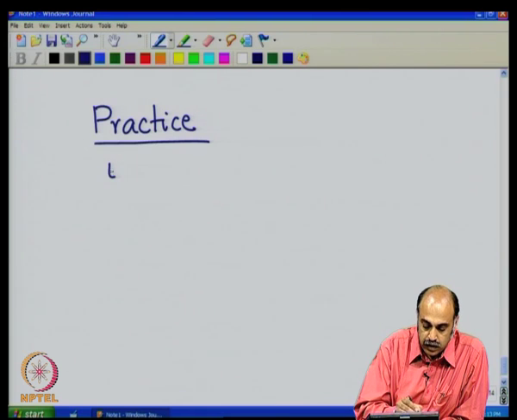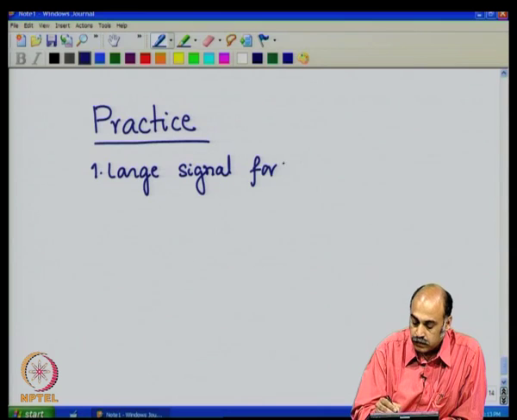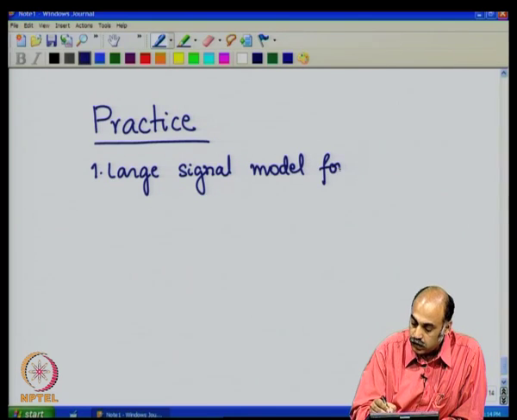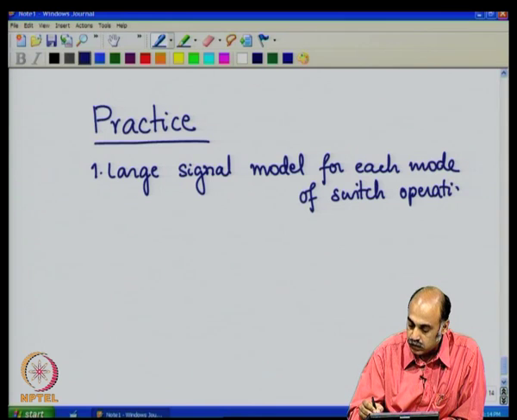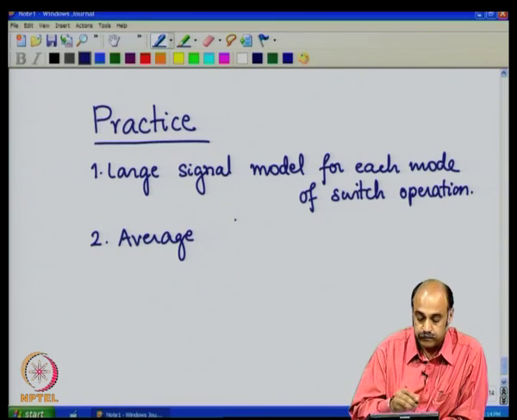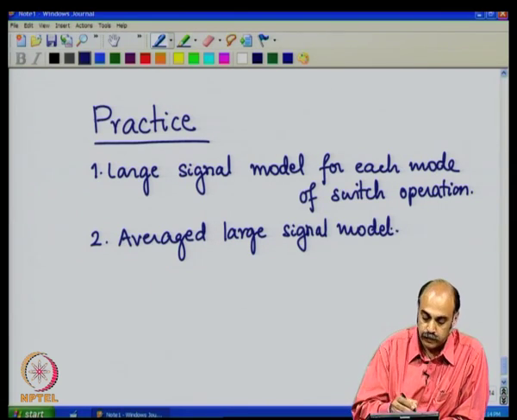First is to obtain the large signal model, practice obtaining the large signal model for each mode of switch operation. Average the large signal model to obtain the averaged large signal model, and then from the average large signal model, as I said, the steady state portion of the model is set equal to 0,